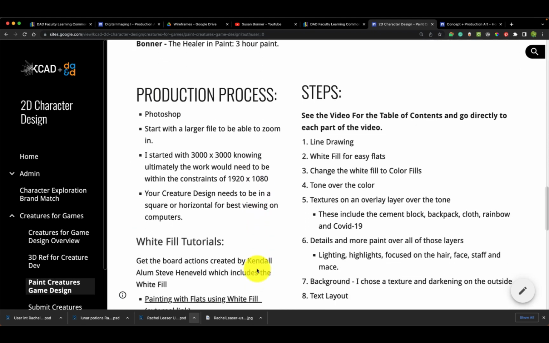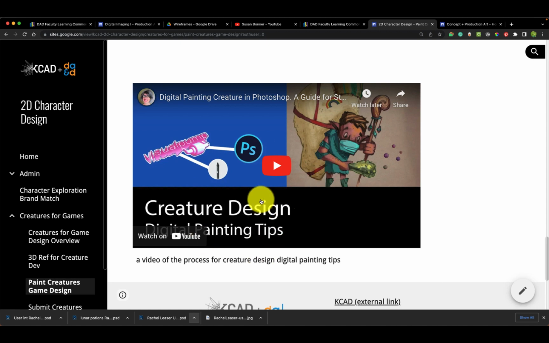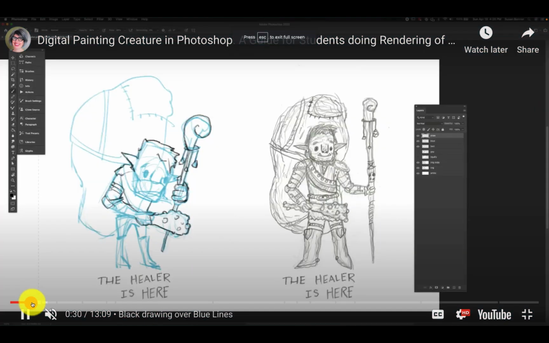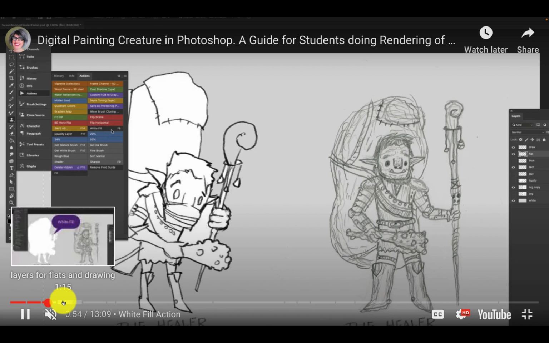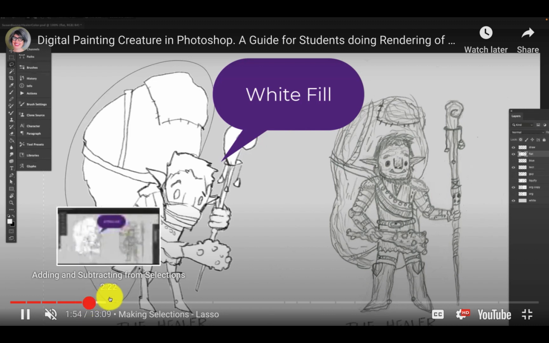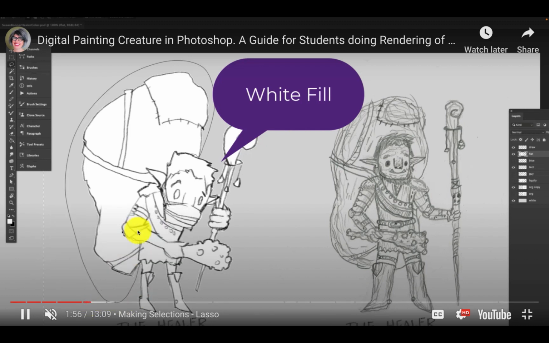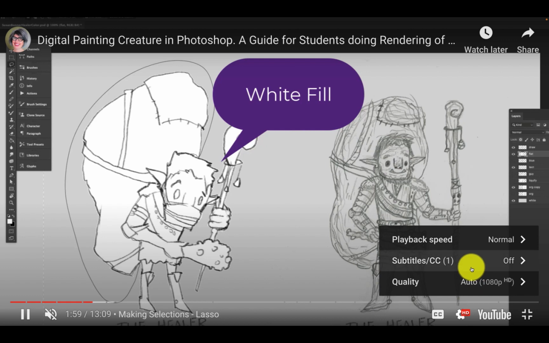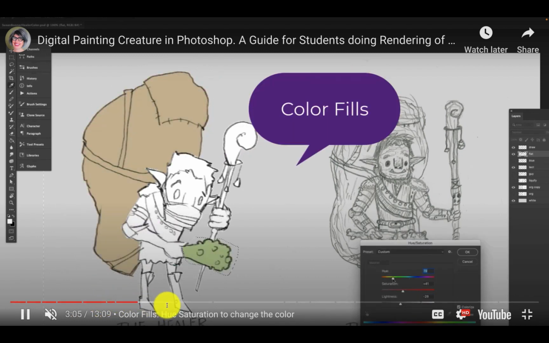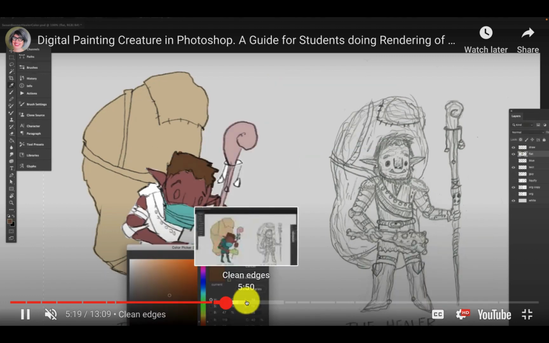So there's a 3-hour paint demo right here that runs us through the whole entire thing. And so the black drawing over the blue lines, the white fill action and how to use it, which is what I just did in class here. White fill, making selections with the lasso to change the tone of that. I'm going to go to speed so that we can just jump in. You can see after I grab those, then we make the selections and change the tone. So that's how to get really quick flats,